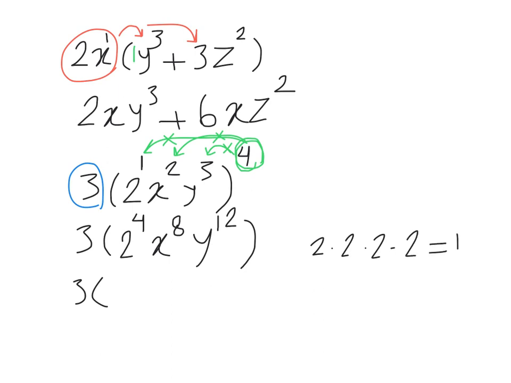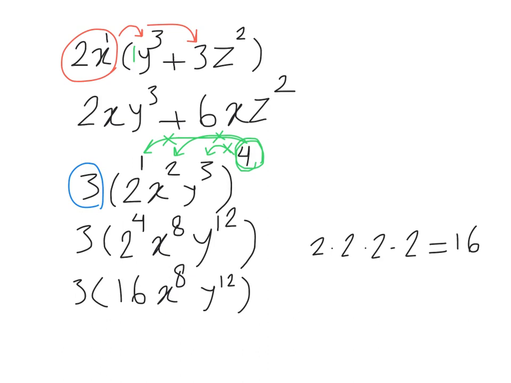So instead of 2 power 4, I can use 16 here. And then I have x power 8, y power 12. Now it's time to multiply 3 inside the brackets. Okay, after you simplified everything inside the brackets, now you can multiply the outside term by inside of the brackets,